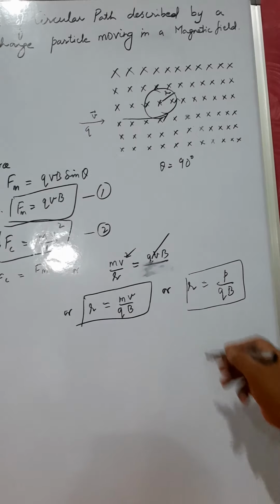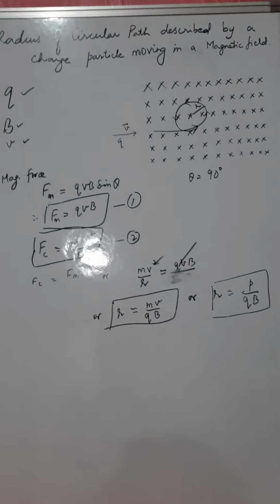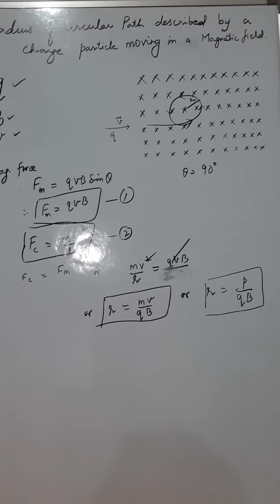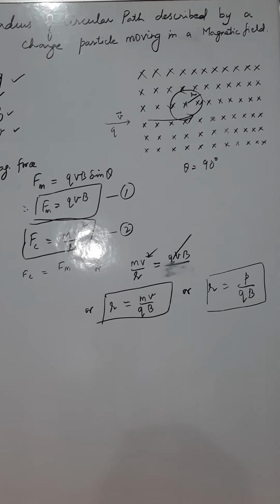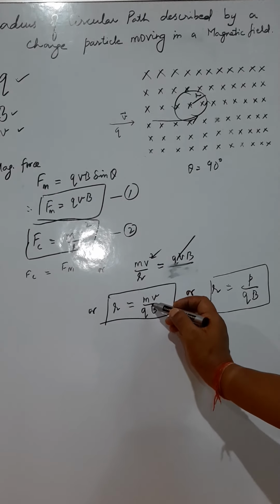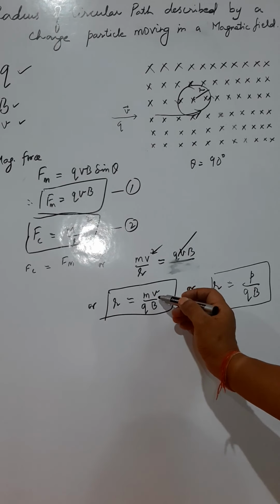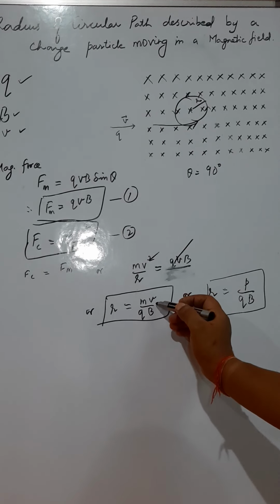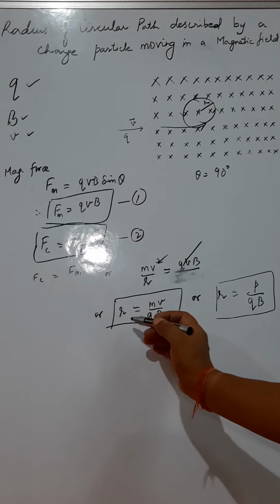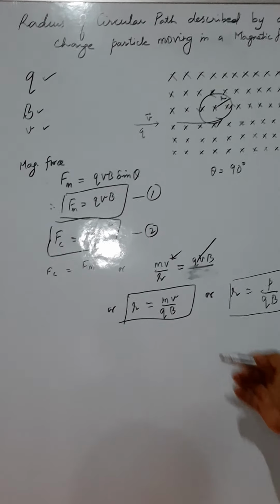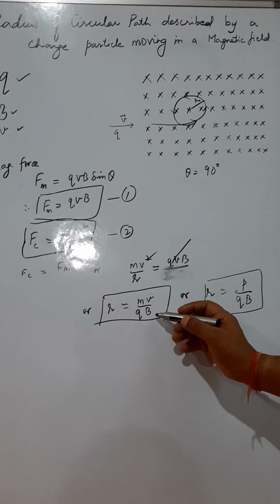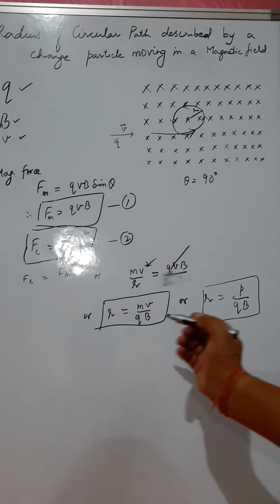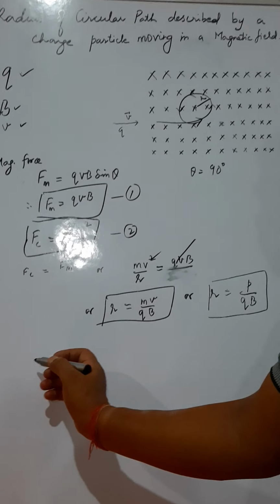This expression you should know, when sometimes it is given that the two charged particles have equal momentum, sometimes they give equal energy. So there is a relation between the energy and the momentum. R is directly proportional to the mass, directly proportional to the magnitude of the velocity or the speed of the charged particle with which it enters in the magnetic field, and it is inversely proportional to the magnitude of the charge and inversely proportional to the magnetic field.